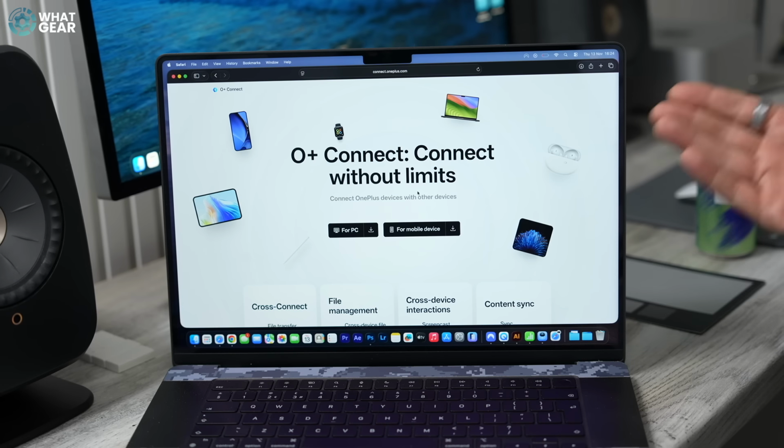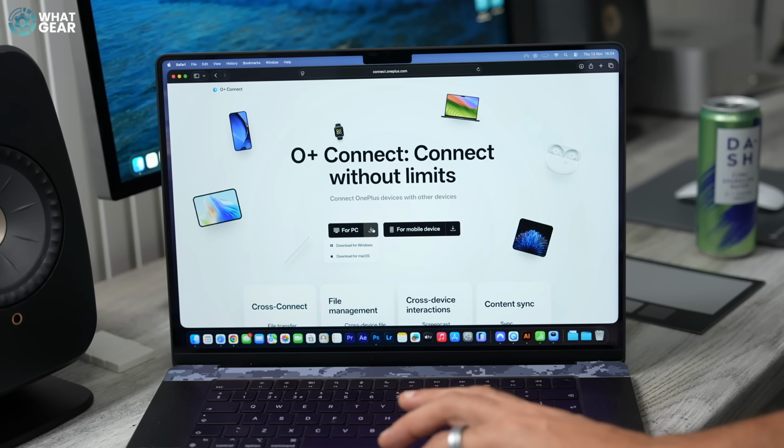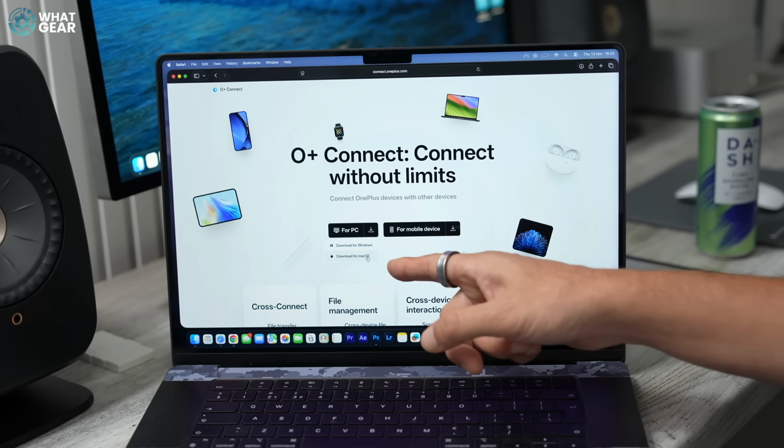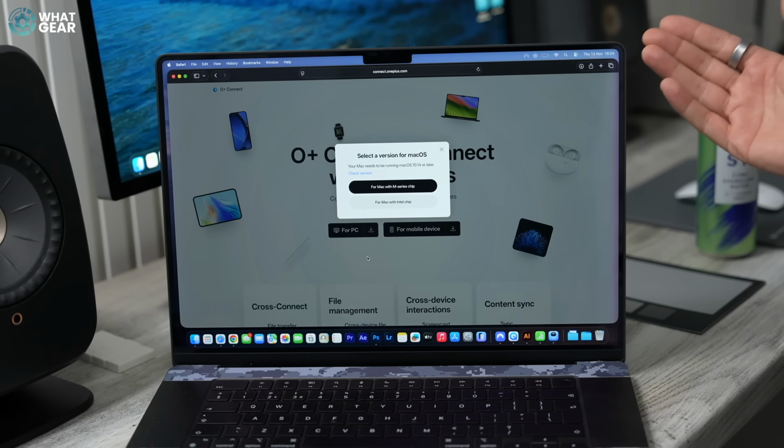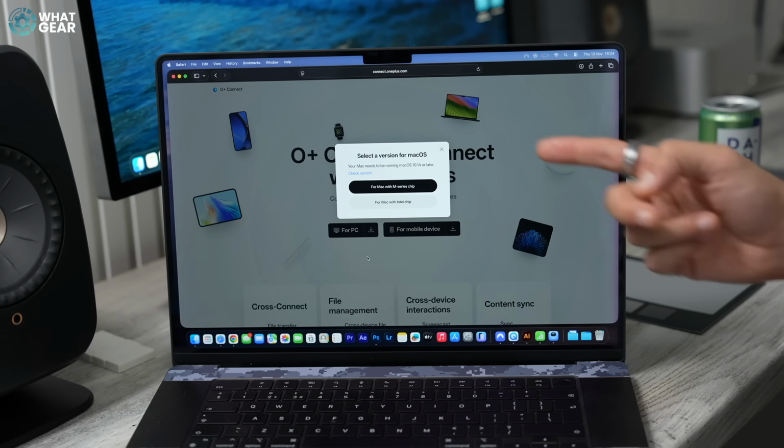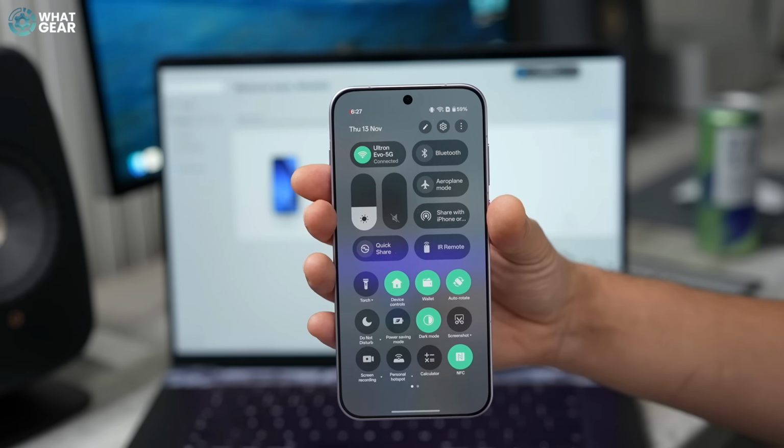You go to the OnePlus official website, you go to download for PC, and here is where you'll find the option to download it for Mac. You have to choose the version of Mac that you're using. Most new ones will be the M series chip, and install that. Now, once you've done that,